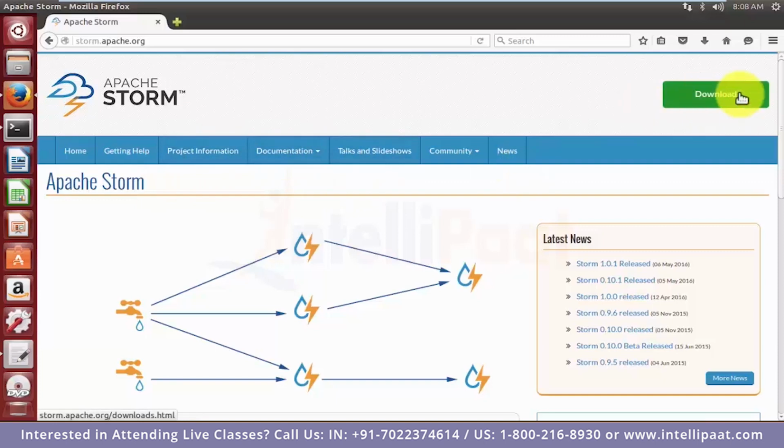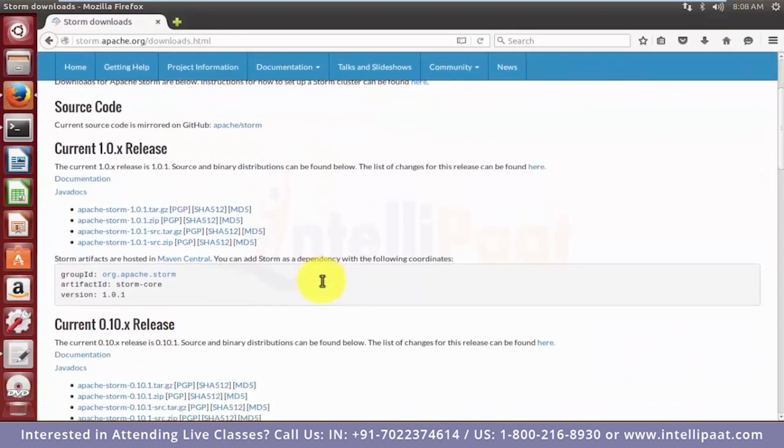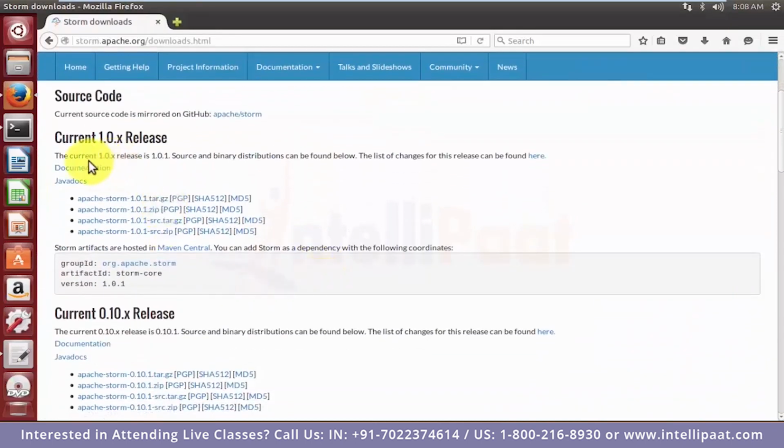So we have the download button here. Clicking on it is going to give us the options which we need to download. The current 1.0.x release is 1.0.1 and we are going to download the first one, the Apache Storm